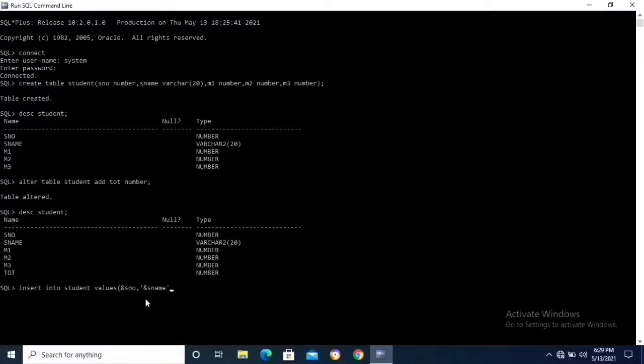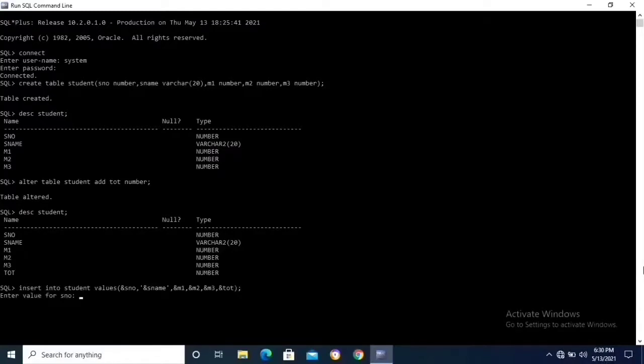Student name is characters, so this is string data. So quotations are open. Next, comma, ampersand M1, comma, ampersand M2, comma, ampersand M3, comma, ampersand total. TOT means total. Bracket close, semicolon. Enter.